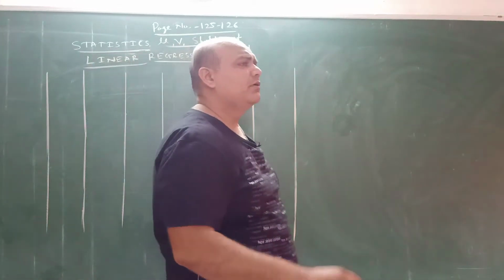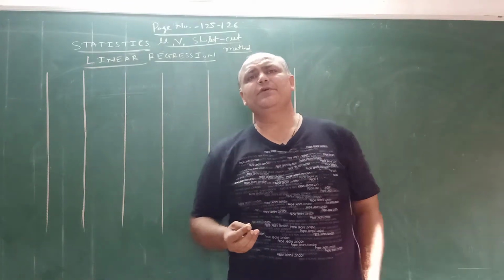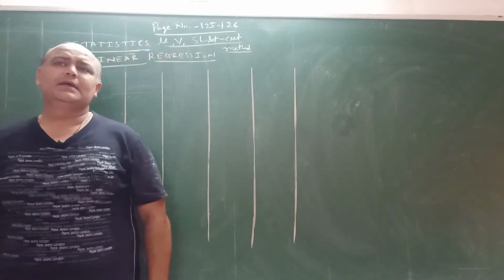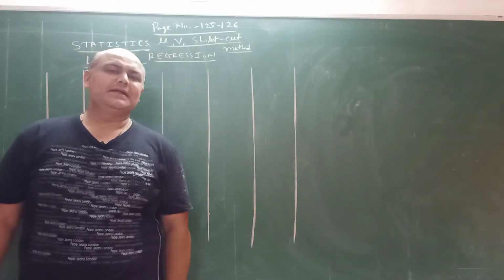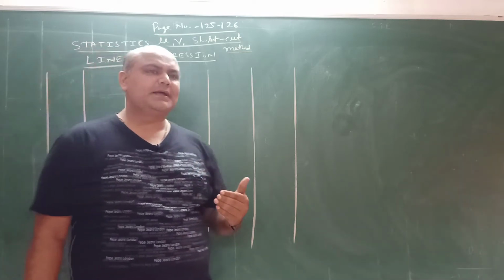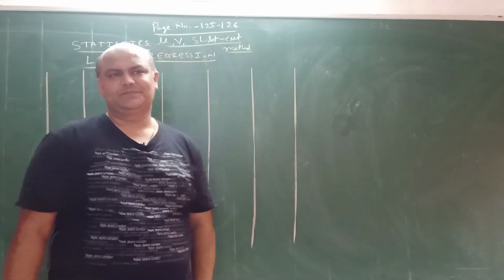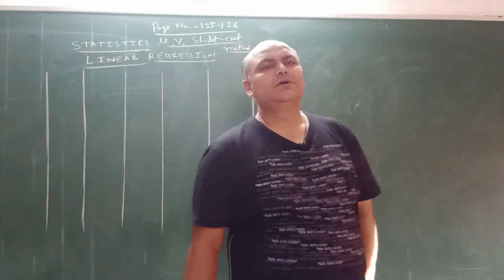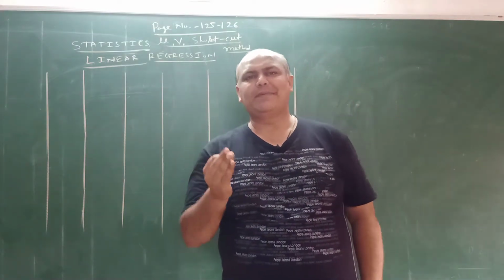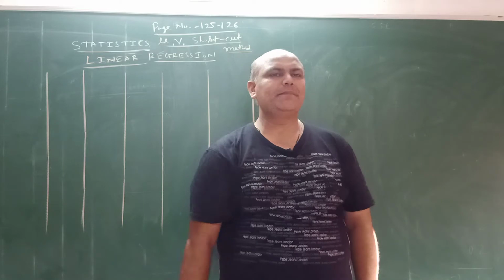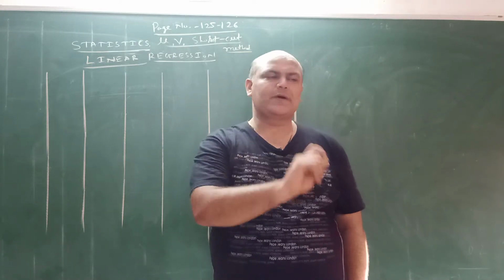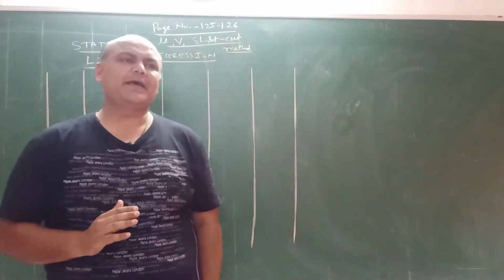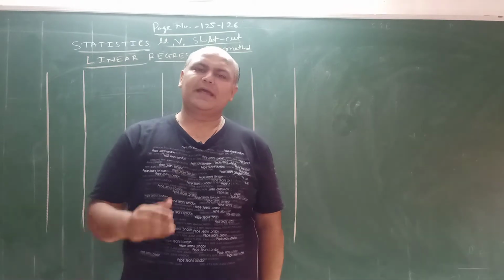Friends, in some previous video lectures, I took the sums of regression line by the xy method and Karl Pearson's product moment method, that is the x minus x bar method. You all know it. In the x minus x bar method, we prepare additional 4 columns: x minus x bar, y minus y bar, x minus x bar into y minus y bar, and x minus x bar square. In the method of xy, when the digits are small, less than 30, we prepare additional columns xy and x square.